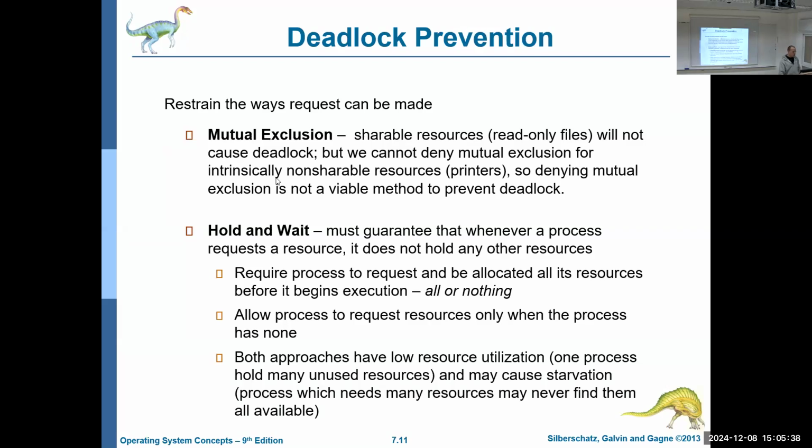So how can we prevent deadlock? We can restrain the way requests can be made. For example, we could try to prevent mutual exclusion. We could have shareable files. If we have shareable resources like read-only files, then we won't have deadlocks. But there are sometimes things that are intrinsically mutually exclusive, like a printer. A printer, like I said, you don't want 2 people printing at the same time. Right? You get a